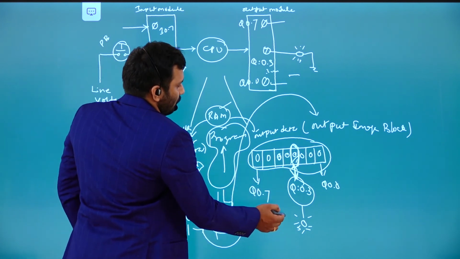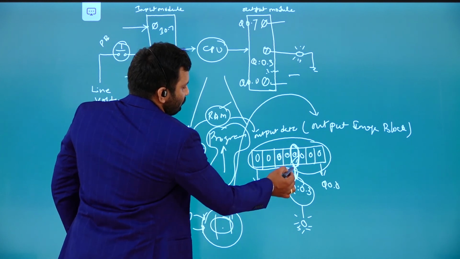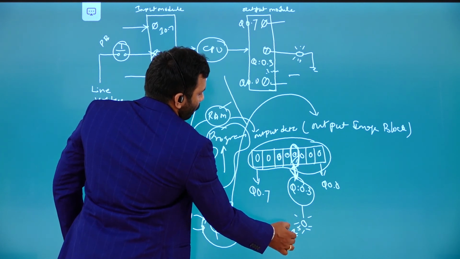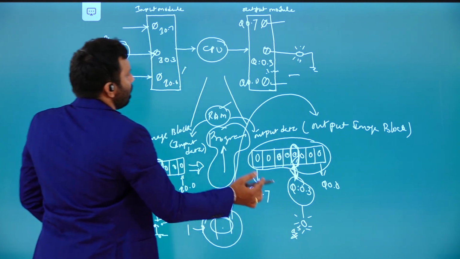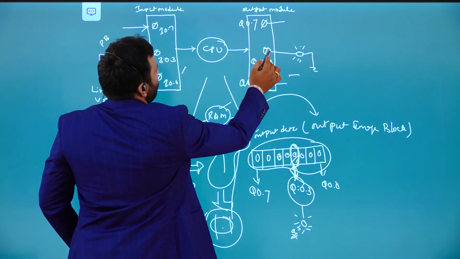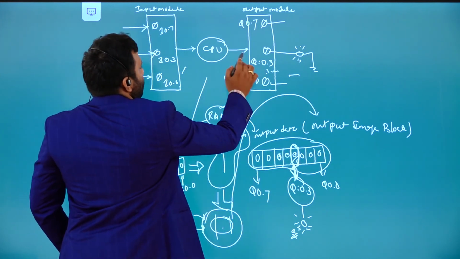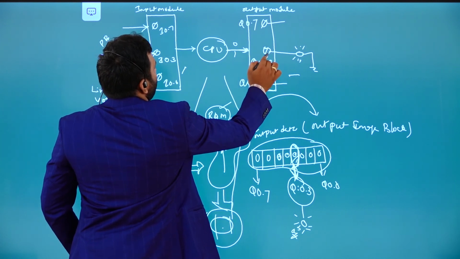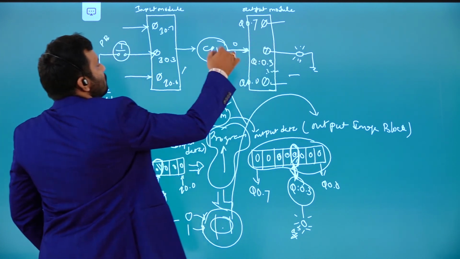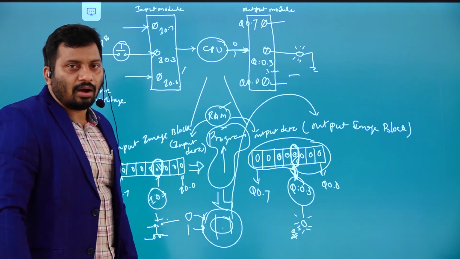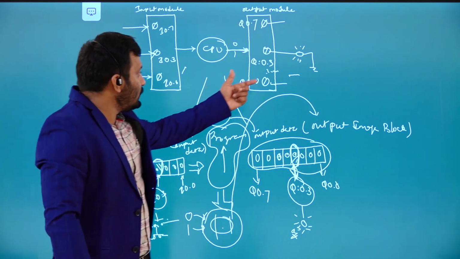In this updated output image block, this fourth bit is 0. If it is 0, the light is going to be off. If it is 1, the light is going to be on. Why? Because the same bit, 0 or 1, that is a low signal or high signal, is going to go out as input to the fourth terminal, where internal switching action takes place, which causes the light to be off or on.